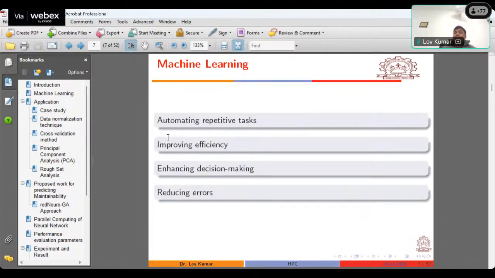Why are companies going for machine learning? These are some basic reasons behind machine learning. But nowadays every company has started using machine learning, and here they are facing a huge challenge with resources. That is where the concept of parallel computing and high performance computing comes in, because you can only take the benefit